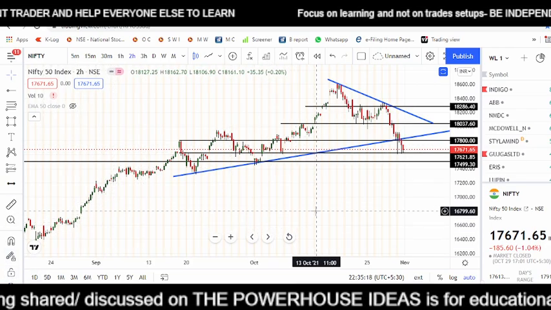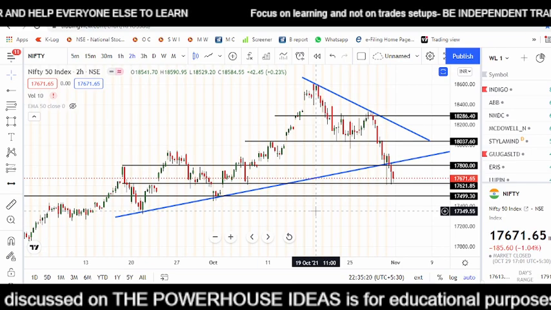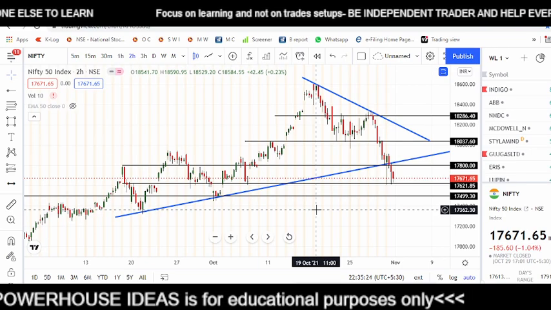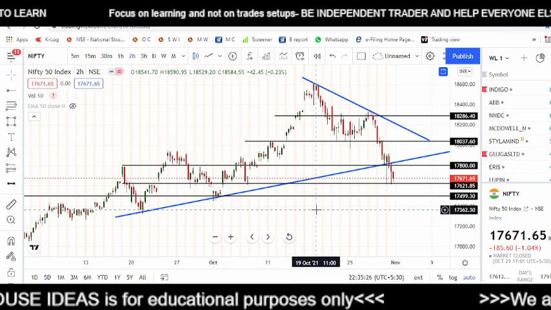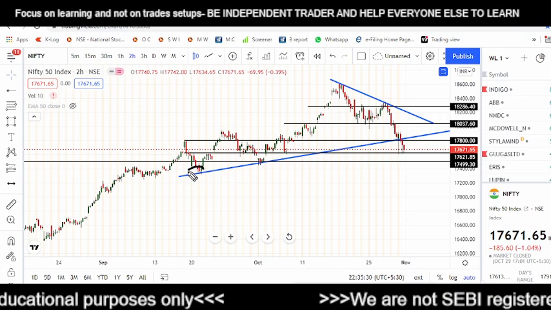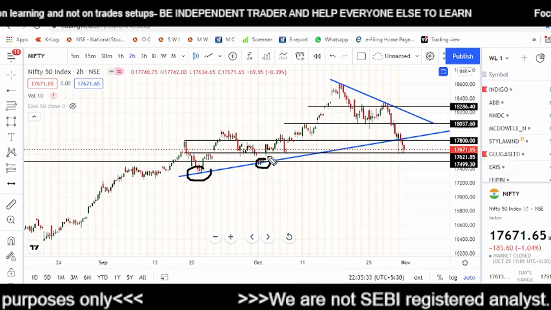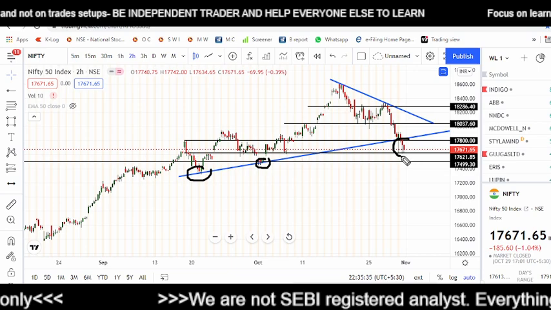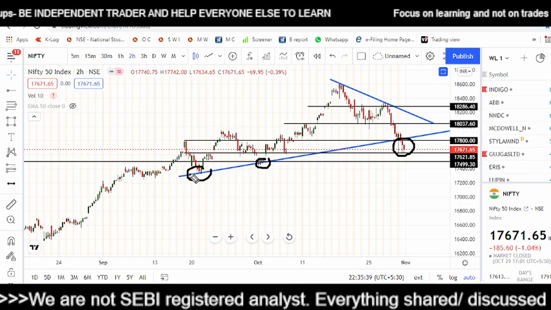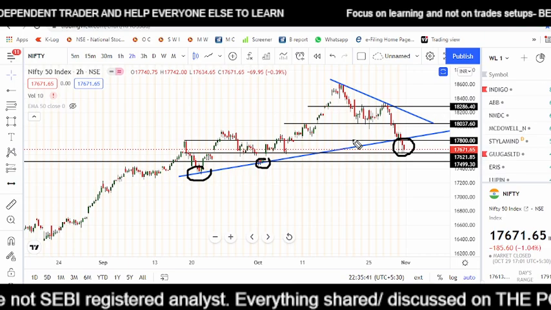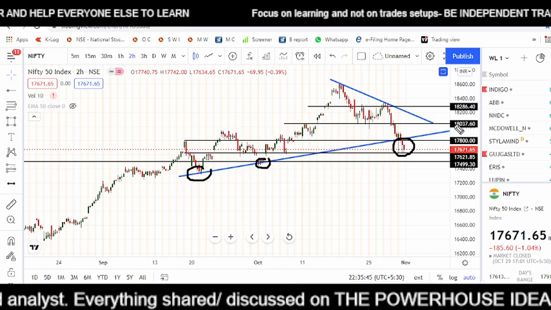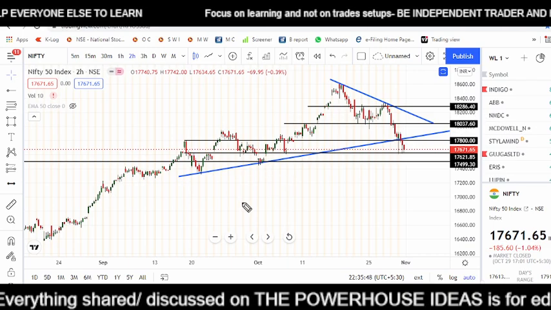So these are the levels in front of you which I have identified. I'll be explaining you the reasons, but for the purpose of saving your time, I have plotted the levels before starting the video itself. So as you can see on the screen, these blue trend lines are forming a symmetrical kind of triangle, and we saw a breakdown of this triangle on the previous trading day. We can see that this trend line at the bottom was working as a support and this trend line at the top is working as a resistance, thereby forming a triangle pattern.